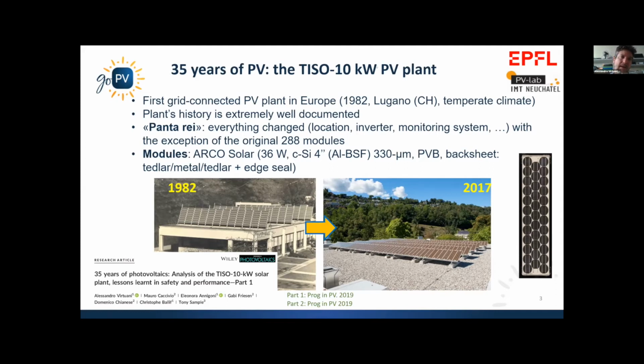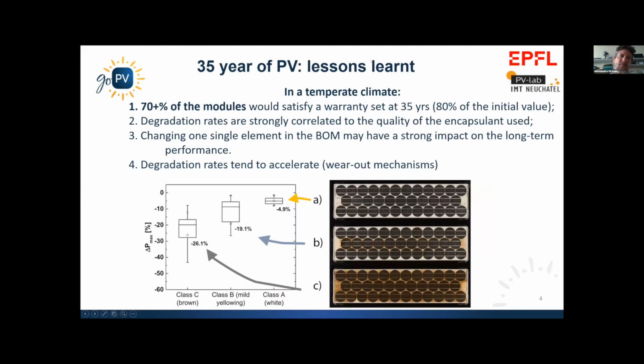which I will recall here. So what are the lessons learned from this work, which, as said, is on a nearly 40-year-old technology now. In a temperate climate, we can say that more than 70% of the modules would satisfy a warranty set at 35 years, referring to 8% of the initial value. The degradation rates were strongly correlated to the quality of the encapsulant used. You can see three different